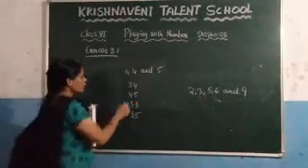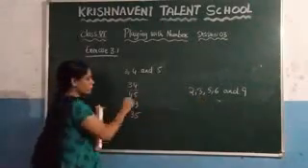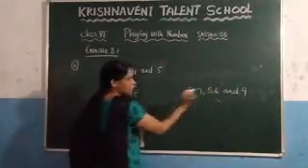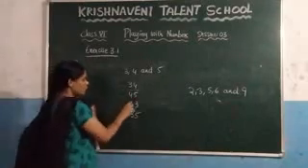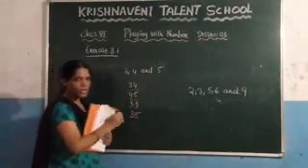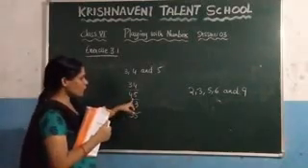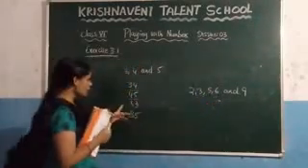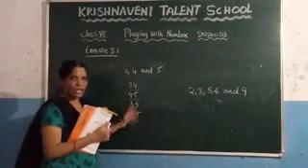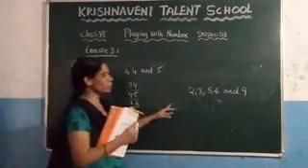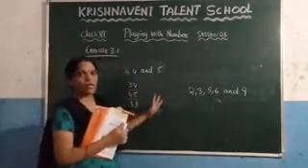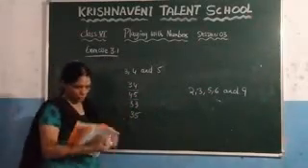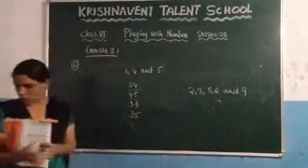That means you need to take first this number, and for this number you need to check the divisibility rule for 2, 3, 5, 6 and 9. Similarly, you have to take the next number, which is 45, and again check whether 45 is divisible by 2, 3, 5, 6 or 9. Similarly, take 53 and check whether 53 is divisible by 2, 3, 5, 6 or 9. By using the divisibility rules, you can check it. This one you can do as homework. Now, see the next question.